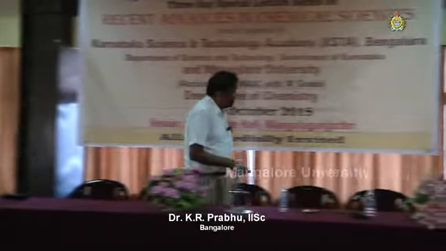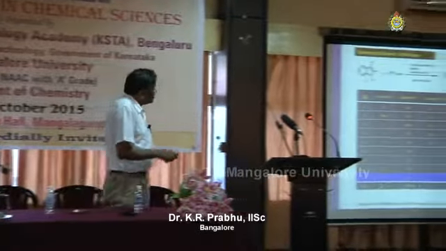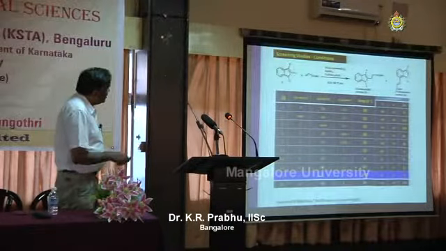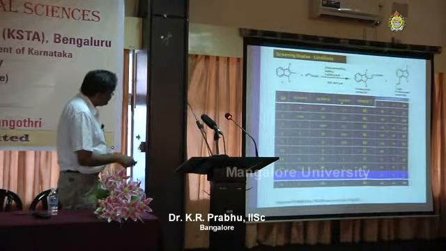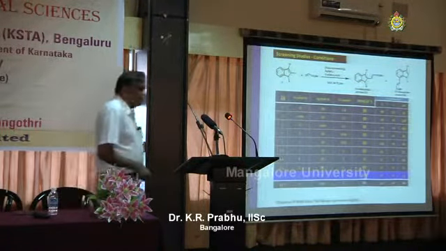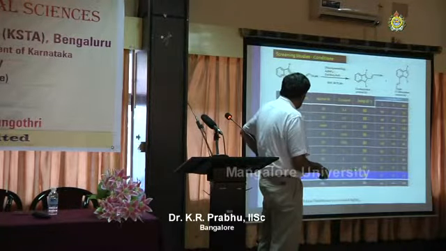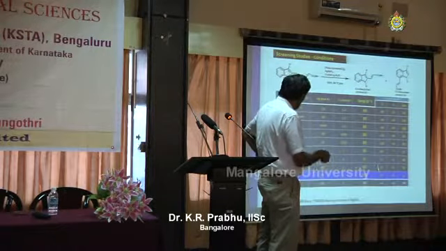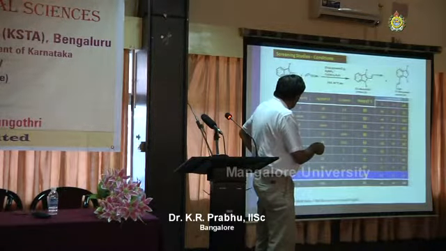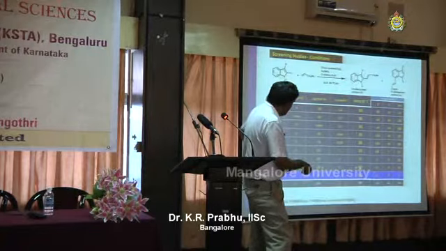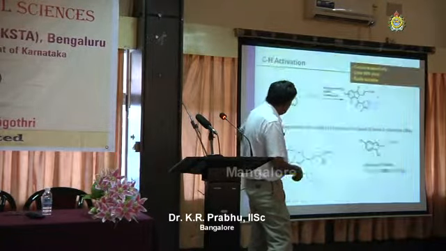And the conditions are: he has used a ruthenium catalyst, 5 mol %, and silver 20 mol %, and copper. All this cocktail is important. You need to generate the active ruthenium, and you have to use silver as well as copper, and at 100 degrees centigrade you could get the corresponding alkylation of the second position. He got almost quantitative yield, around 97%.